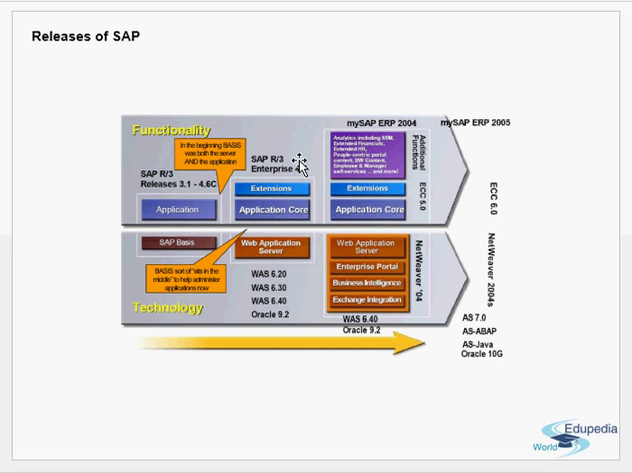Then came R3 Enterprise 4.7. It had extensions like application with some extensions. Then they introduced the web application server. So we have different versions like 6.2, 6.3 and 6.4. For example, it was used on Oracle 9.2. Then we have mysap.com, that is mysap ERP 2004. We have application extensions, and further we have